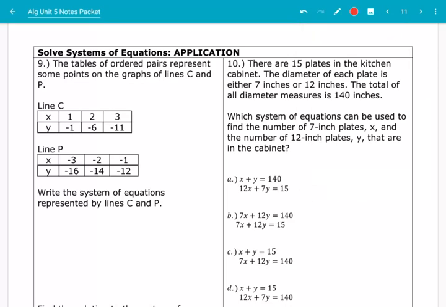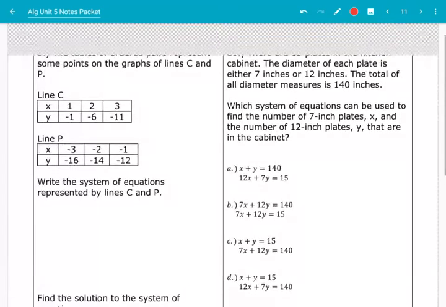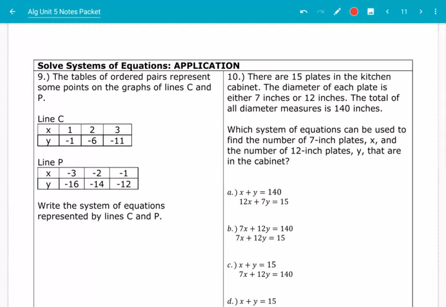It says write the systems of equations represented by the lines. So we need to find the equations first. The way we're going to do that is we are going to first find the slope. So we're going to look at the change. This will be the change in y. This will be the change in x. And remember, the slope is the change in y over the change in x. So don't get mixed up because they put the y's on the bottom here. Anyway, change in y over the change in x, also known as the rise over the run,